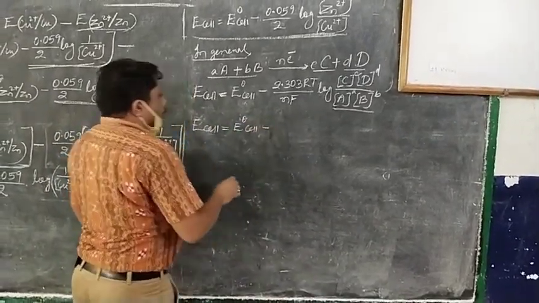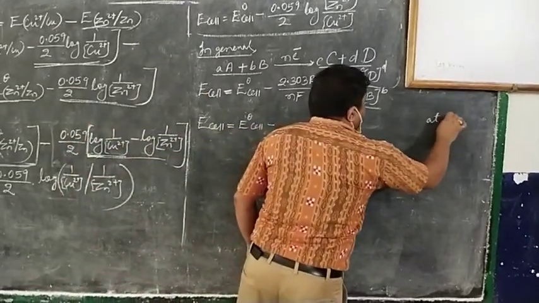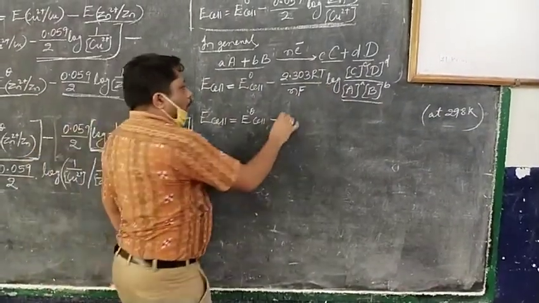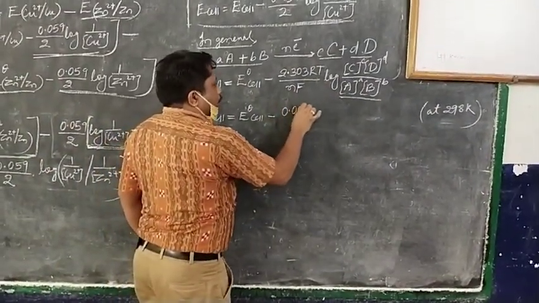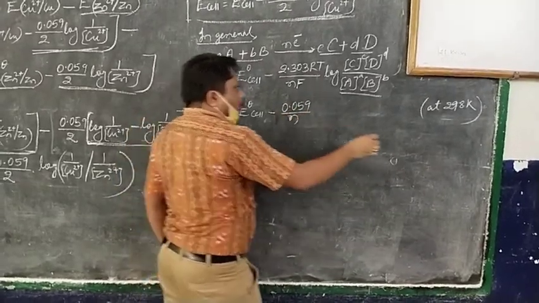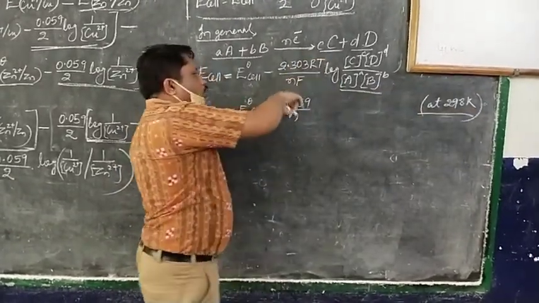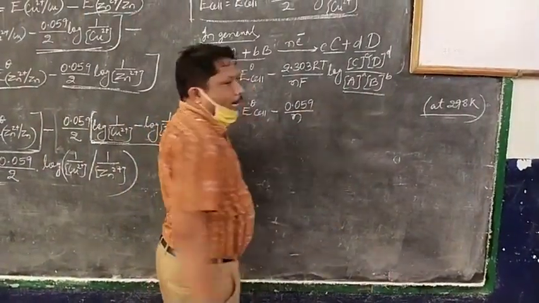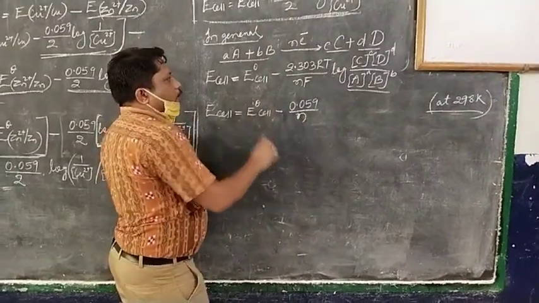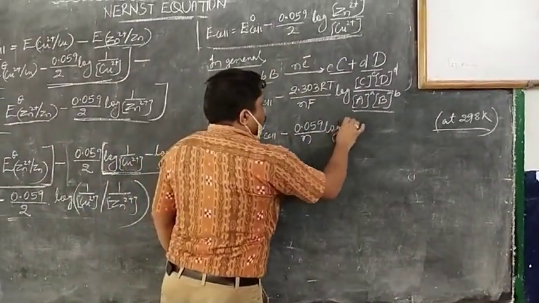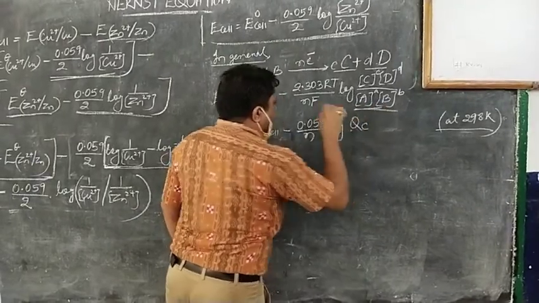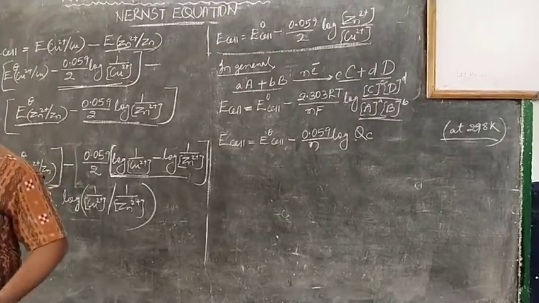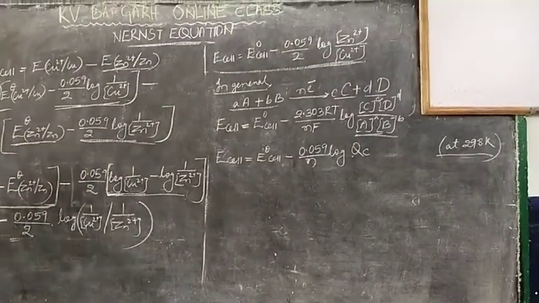Minus, if you want to write at 298 Kelvin, so it will be 0.059. If it is at 298 Kelvin, its value is reduced to 0.059, and numerically it generally comes at 298 Kelvin temperature. So you should remember this value. It is log Qc. In place of this you can write Qc. This is the simplified form of the Nernst equation for a general equation of a cell. Now we will apply this